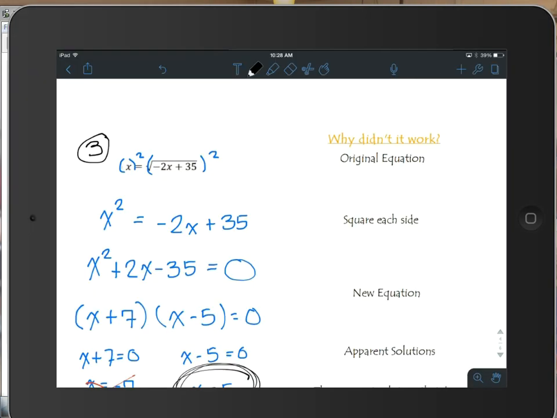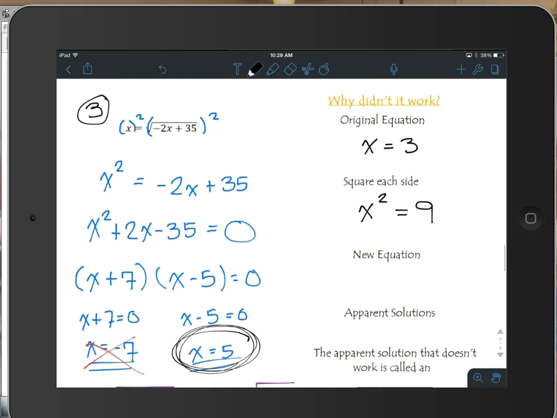Okay, so the reason why this doesn't work all comes from your first step when you have to square both sides. Okay, so let's just take an original equation, x equals 3. So from the get-go, we know that x is 3. Now, when I go to square both sides, which is definitely doable because I'm balanced, because I'm doing it to the left and the right-hand side of the equation, I get x squared equals 9. So I've created this new equation,